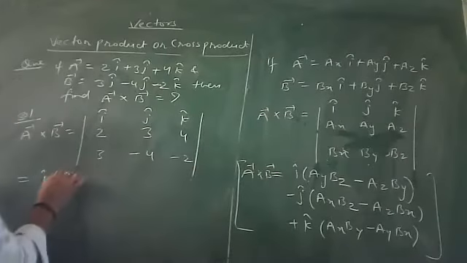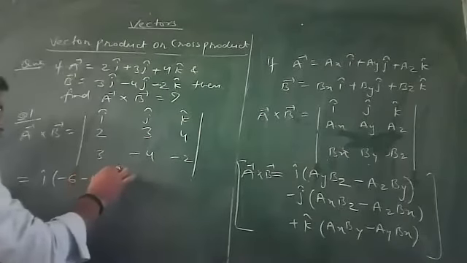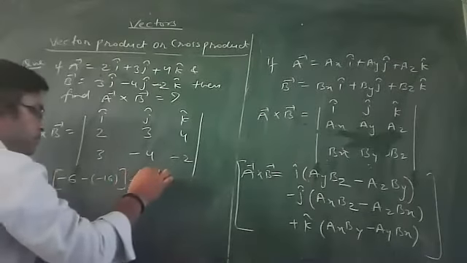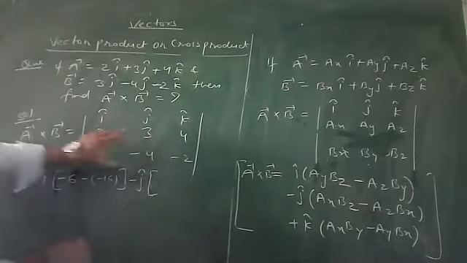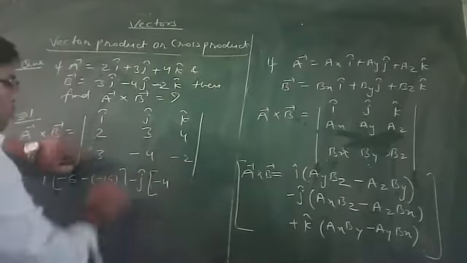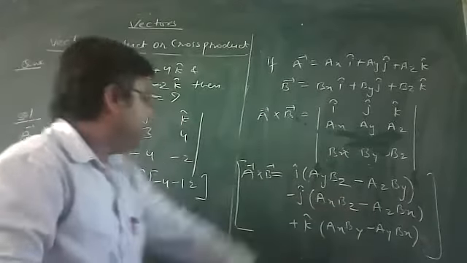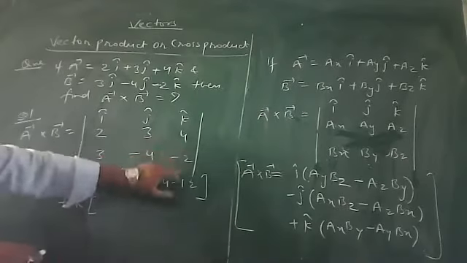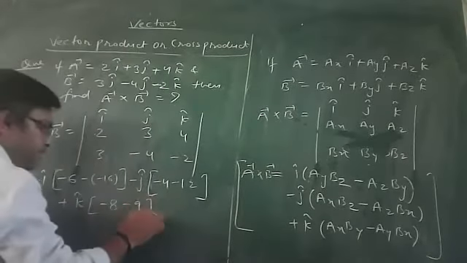3 into minus 2, you will get minus 6. Then the minus sign is inbuilt. Minus 4 into 4, you will get minus 16. The minus sign is already there. You can write in this manner. It is i cap. Then place minus j cap. Leave this one. Multiply these two, it is minus 4, 4 to the 12. The minus sign is inbuilt. That is minus 2. Then write k cap. Leave this term also. It will be minus 8. 3, 8, 3, 9. It will be minus 9.